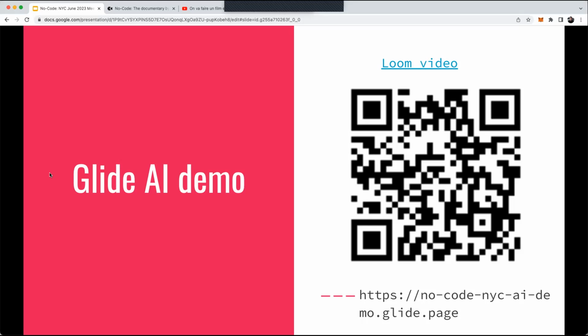I'll give you a second if you want to type in the URL or scan the QR code. Is the QR code working for people? Okay, cool. Just let me know if you aren't able to get it, but it should work.